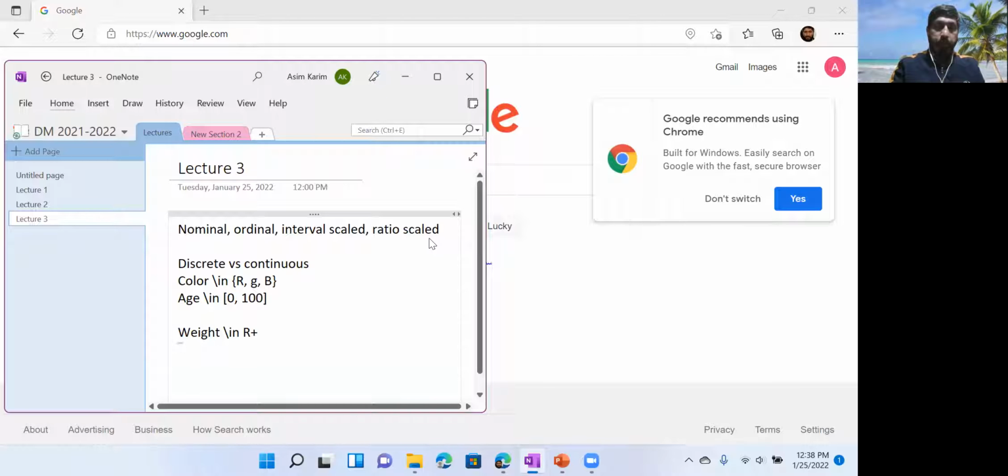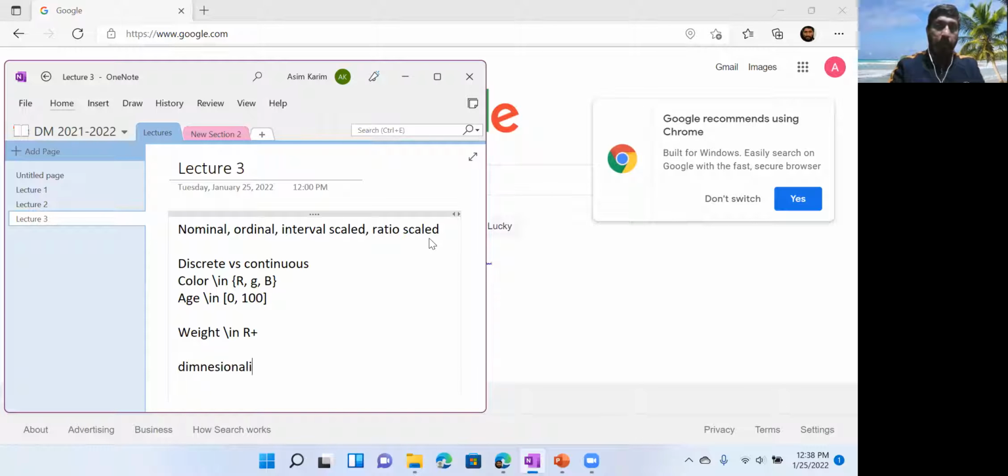All right. A few things again regarding structured data. We are talking about data matrices right now. So these are some of the things that you need to think about. Some other things that you need to think about is the dimensionality. So dimensionality basically is,